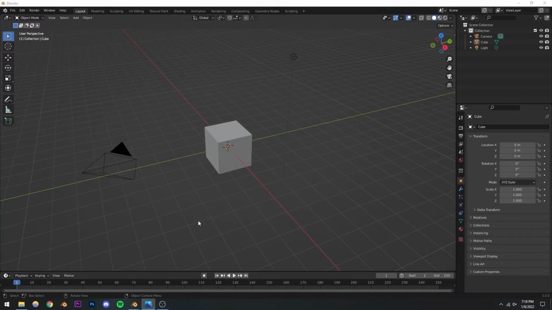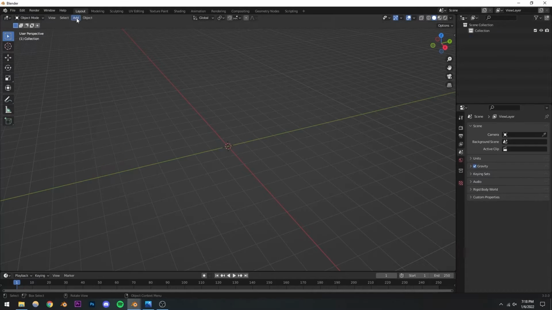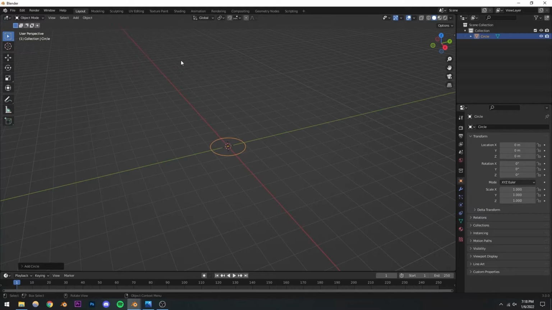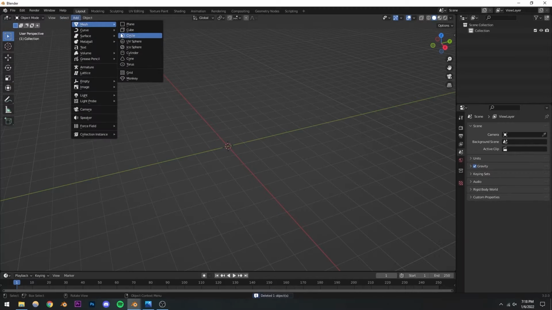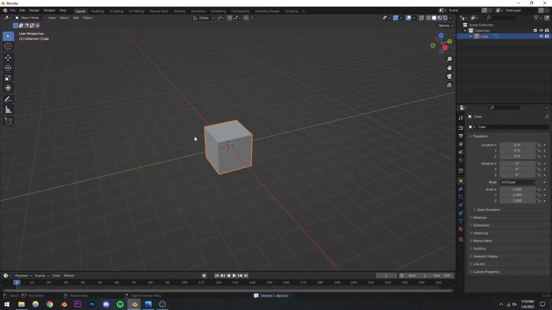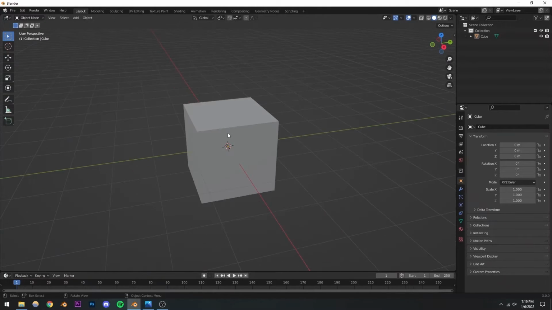So first of all, let's delete everything, and then I'm going to create a cube. Oops, not a circle. I'm going to create a cube, and now I'm thinking, why did I delete the cube? I had a default cube and I just deleted it, and then I created a new cube. Anyways, first we're going to be shaping the bottle out. So for that, I'm going to select the cube and